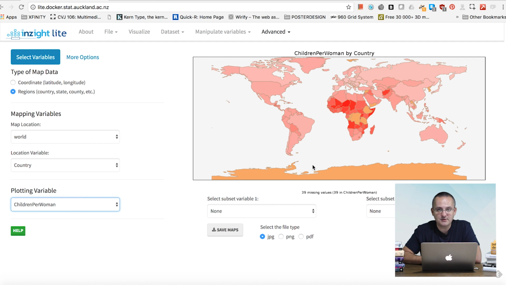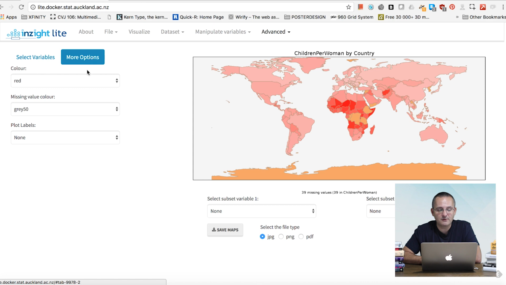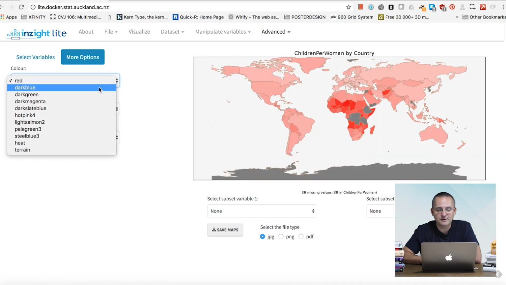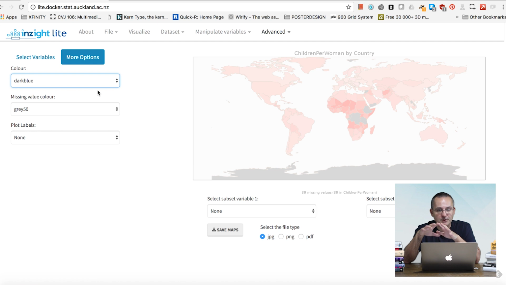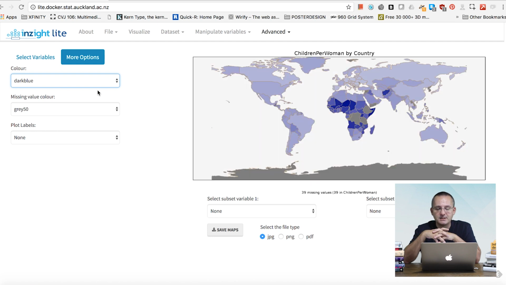Now, there are many features that you can change on a map, and I cover how to change the style of charts in the practical videos that you can also watch. But if you want to change the style of a map, you can just click on more options, and over here you have an option, for example, to change the color palette. If you don't want to use reds, because red is a very aggressive color, perhaps we can use blues, for example, which is a calmer color for these kinds of data sets.